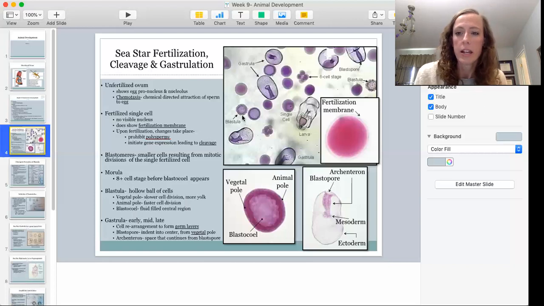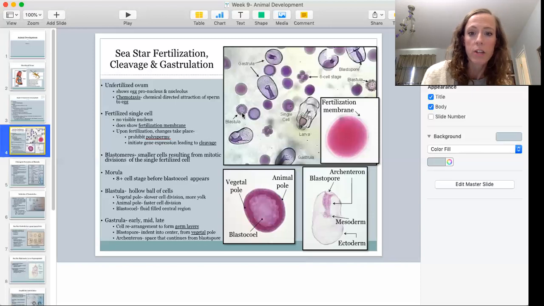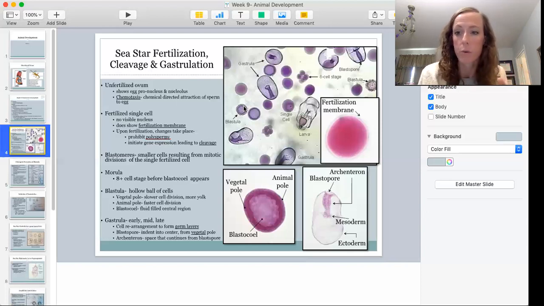And there's a difference in the sides of the blastula. This is more evident in the amphibian than it is in the sea star, but there is a polarity to the blastula. So there's going to be a vegetal and an animal pole, we say vegetal hemisphere, animal hemisphere. And this is characterized by the fact that in the animal hemisphere, there's a thinner cytoplasm to the cells. So cleavage happens more readily. So division of those cells happens quicker and more easily because of that thinner cytoplasm that characterizes the cells in